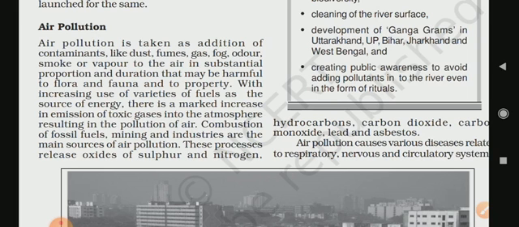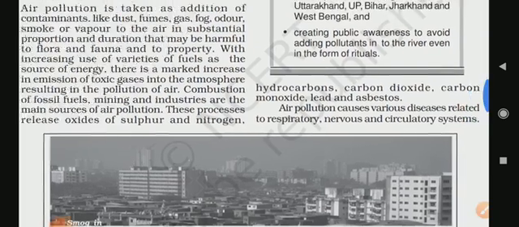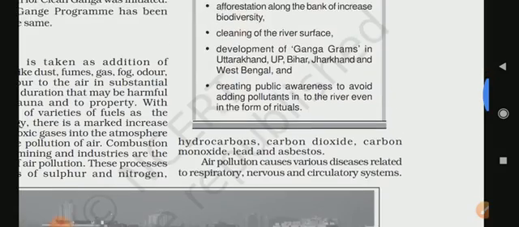Mining industries are an important main cause. We can say the industries are very important. Industries releasing toxic gases are mainly responsible for air pollution, right? Okay,